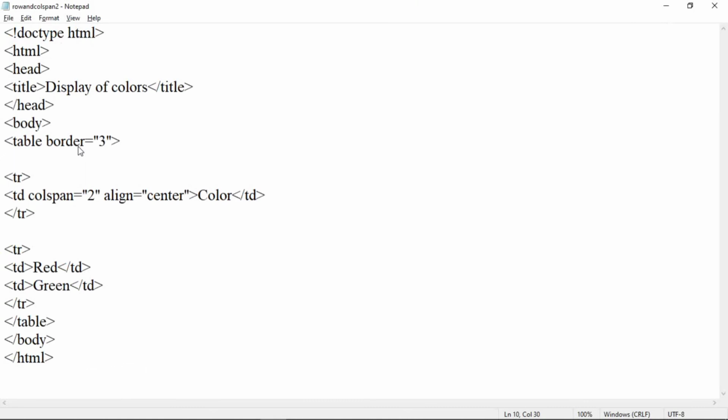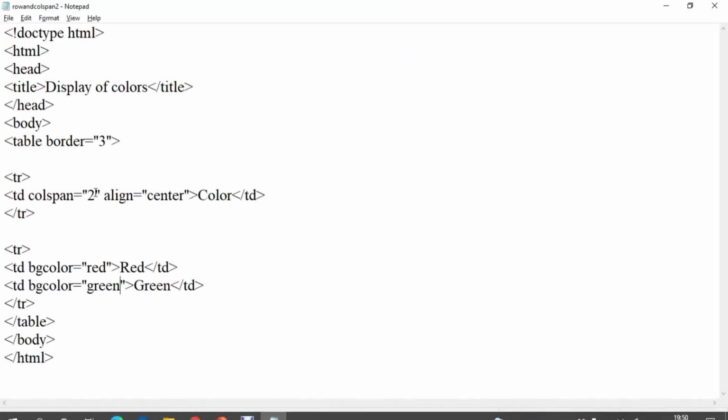We can also specify a background color for the columns, like for this red color we can set a background color as red using bg color attribute. So bg color is equal to, here specify red, here you can specify bg color is equal to green. Save this file, Alt tab, refresh the page, and you can see here background color has been set for these columns. In this way we can use row span attribute and col span attribute.